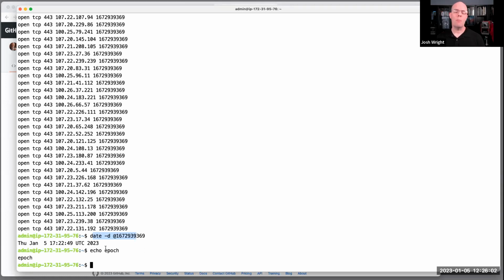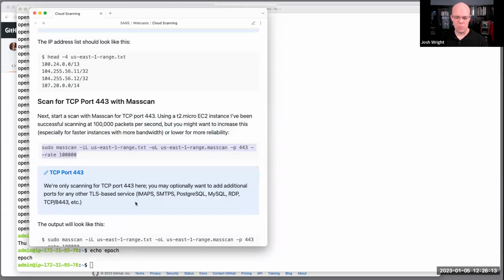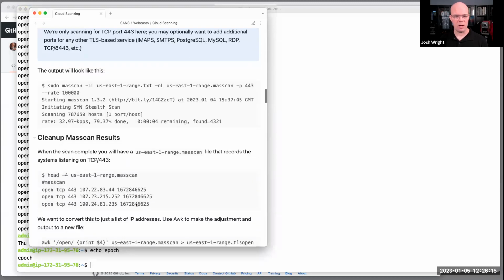So I have a list in this file of all the open TCP port 443 systems with IP addresses, but I don't want all of that data. I just want the IP address information. So I'm going to create a new file that's just a list of those IP addresses. And in your notes pages here, I've got an example